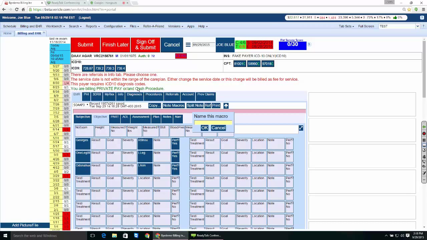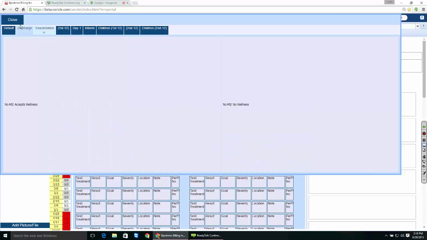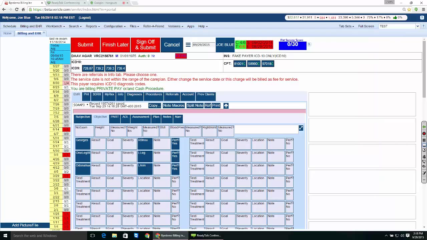I have had questions in the past. I don't know if you guys noticed when I went into Load Note Macro, we actually have multiple different tabs to divide up all our macros, to make them easier to find. If you just go in there and enter a name, they're all going to show up on one tab, and that's the default tab. If you would like to have multiple tabs like I do,